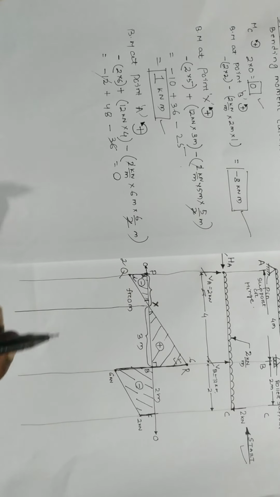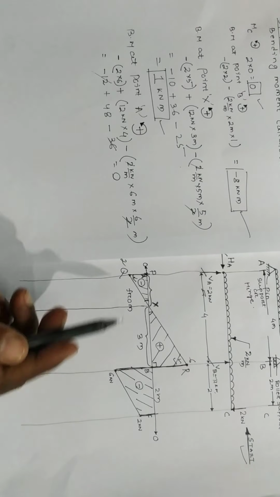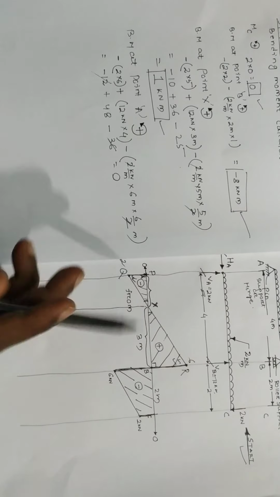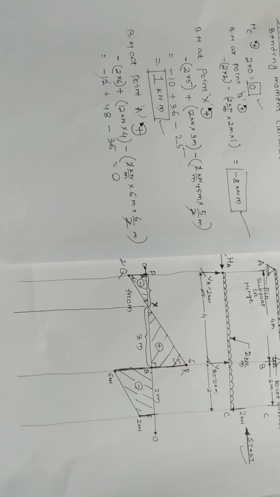This has to become 0, because this is the last point where the support is, there should not be any bending. Okay, so this is 0. Likewise we are getting last shear force 0. Here also we are getting bending moment is 0. Okay, so I think over all the points we are getting 4 points. 1, 2, 3, 4.